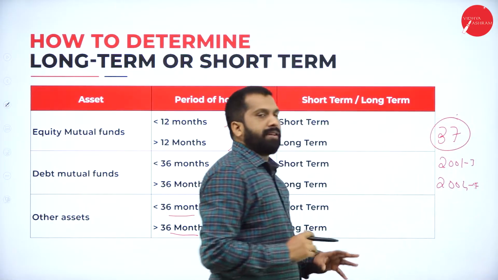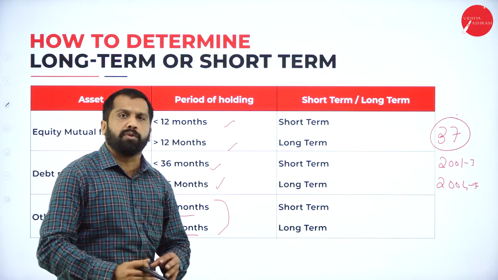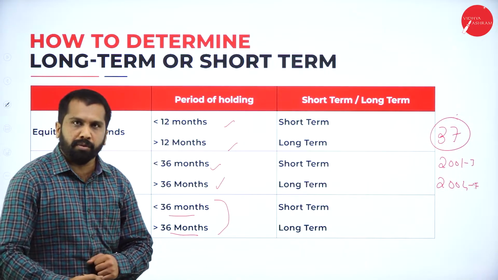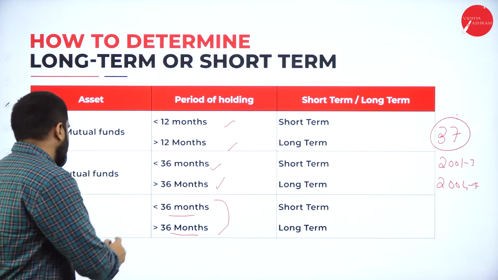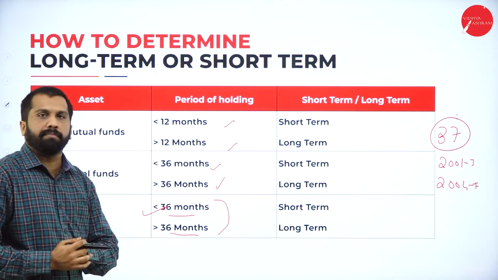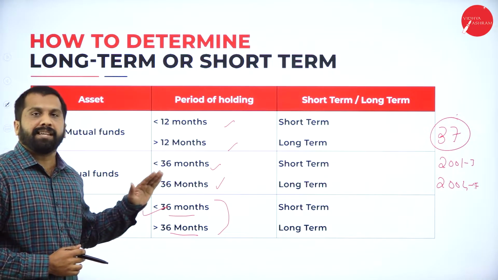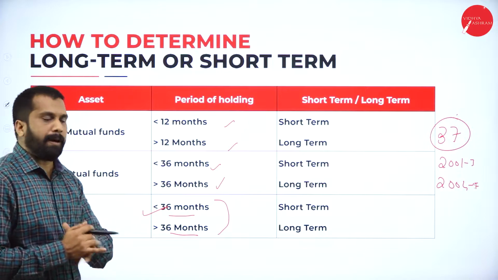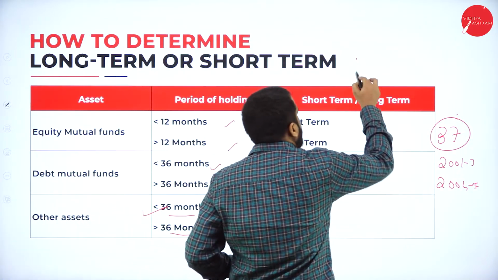So now you tell me, is your jewelry movable or immovable? Movable. Then it will come under long term because you are holding more than 36 months. Hope you are clear. Now, if you go for some house,